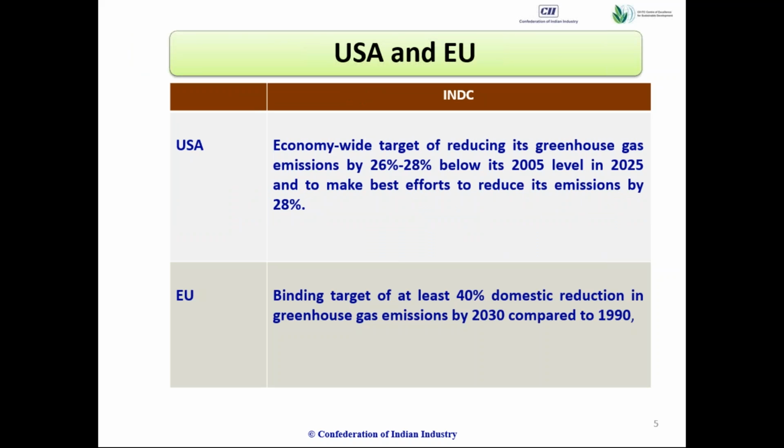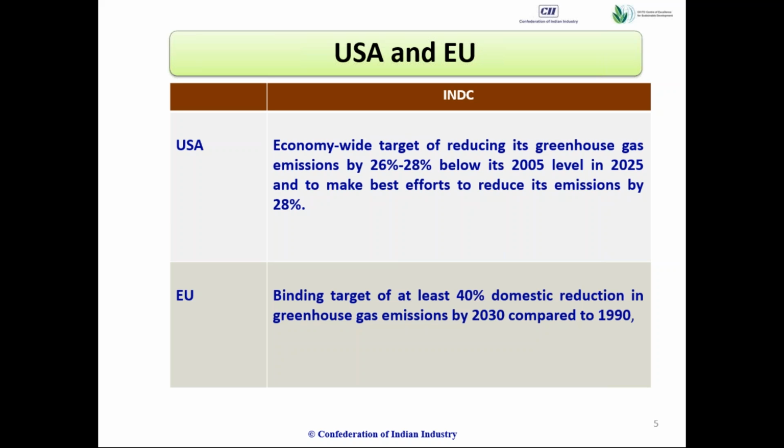If you look at the USA and EU INDCs, although the point to be noted here is that as per the recent announcement, the US may withdraw from the Paris Agreement. They have kept a window open for negotiations, but that's a very big development that has taken place. In the INDCs, the USA had committed a 26 to 28% reduction by 2025, whereas the European Union had committed a 40% reduction in their GHG emissions compared to 1990